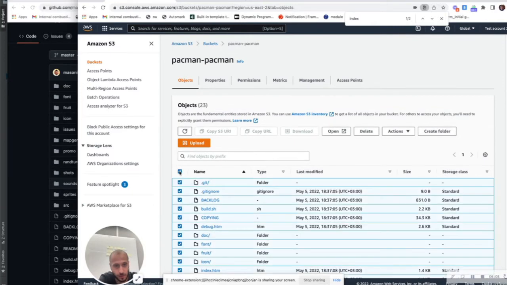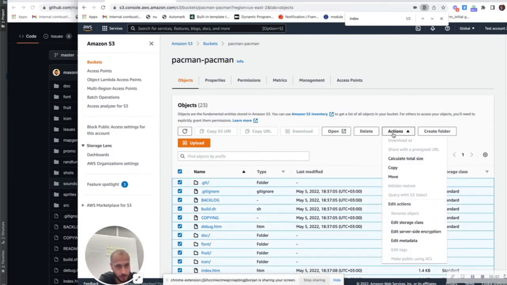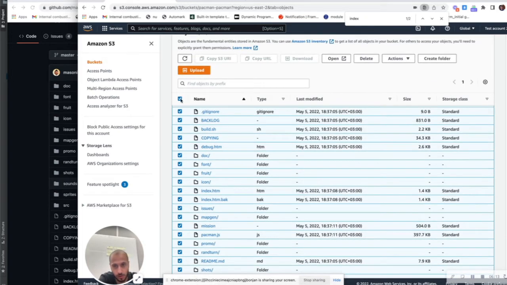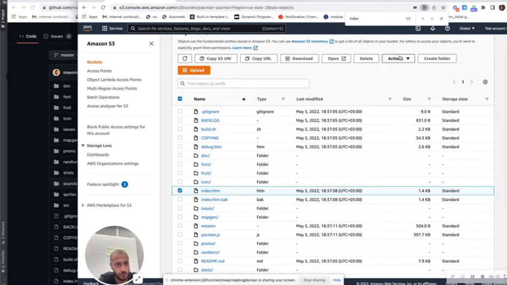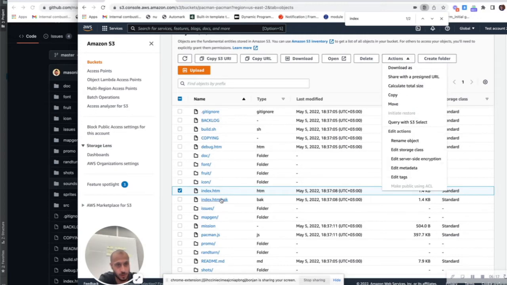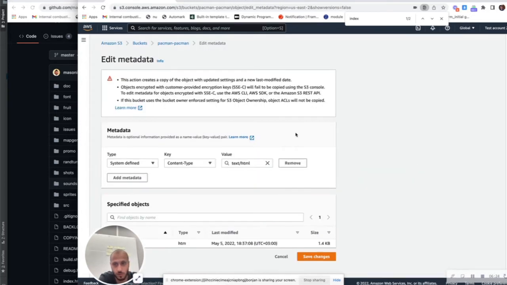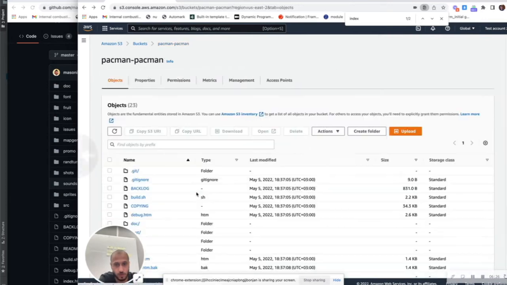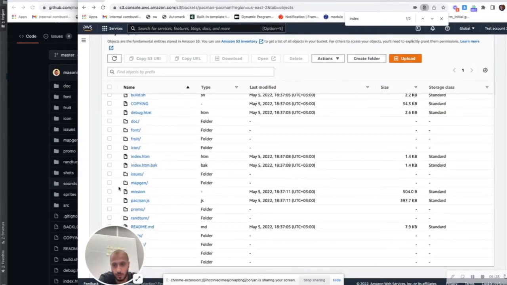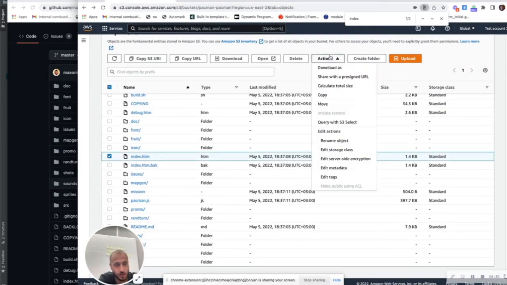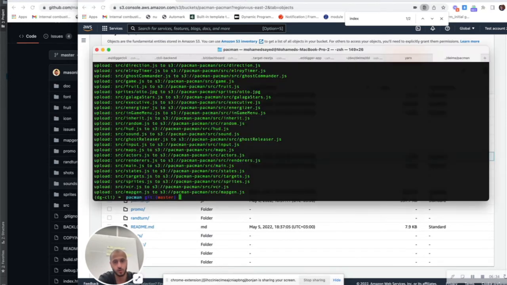So for now, I'm going to hack this and let's make the index public for now and see what happens. Is it metadata? No. I think when we did the sync, let me just look at